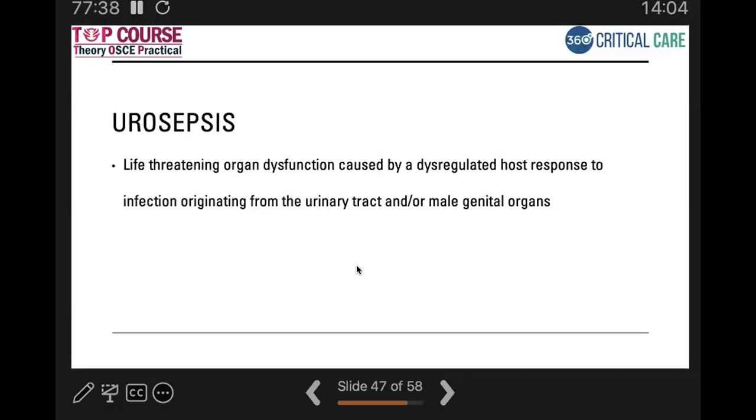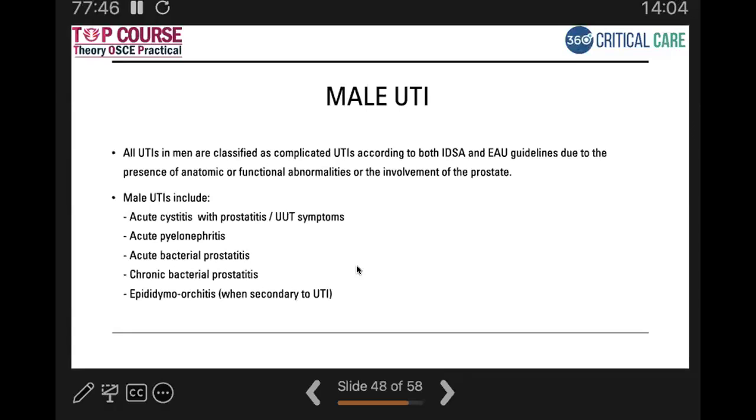You just treat accordingly as per the surviving sepsis guidelines, along with relieving the obstruction and removing the collection. Okay, coming on to male UTI. As I told you, both the guidelines, American as well as the European guidelines, have given a chapter called male UTI